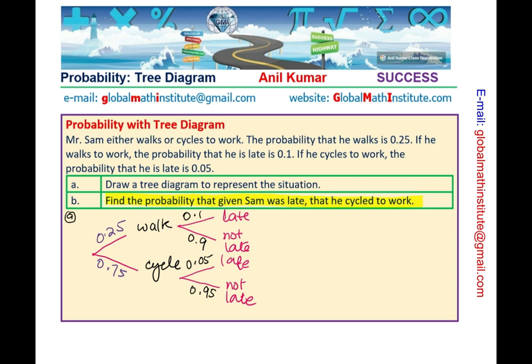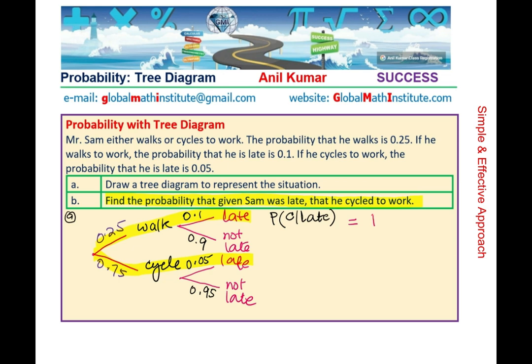So it is given that Sam is late. So we are talking about the probability that he cycles to work, given that he is late. You get the whole idea. That is the conditional probability. Okay. So he cycles to work and it is given it's late. But the late could be two different ways, correct? Since cycles to work and late